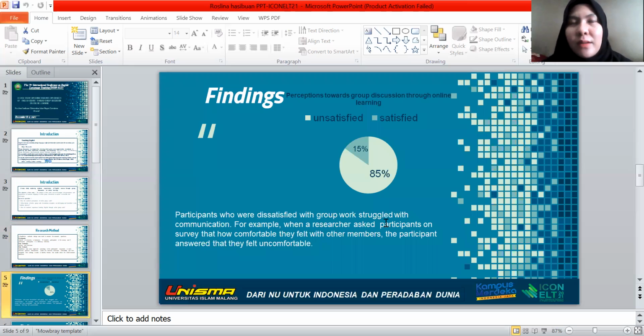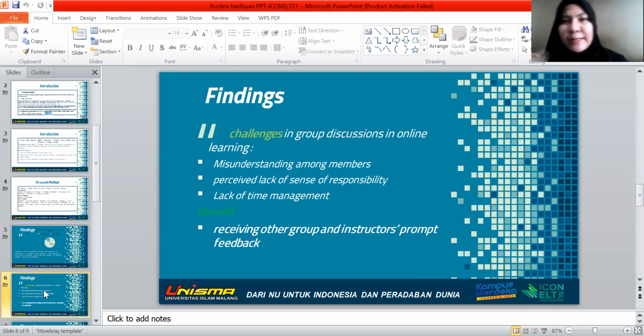For example, when researchers asked participants in the survey how comfortable they felt with other members, the participants answered that they felt uncomfortable. And then these are the other findings, challenges in group discussions in online learning: misunderstanding among members, perceived lack of sense of responsibility, and lack of time management. And this is the benefit: receiving feedback from other groups and instructors.